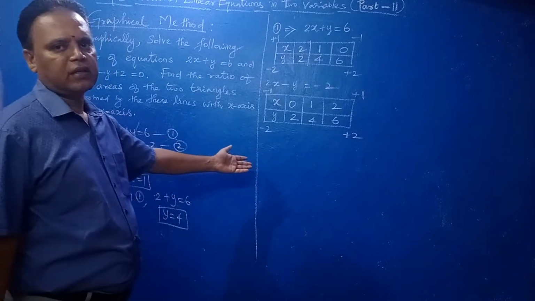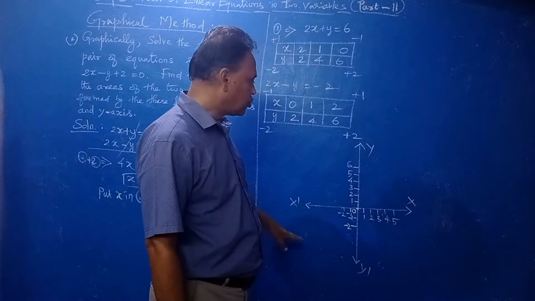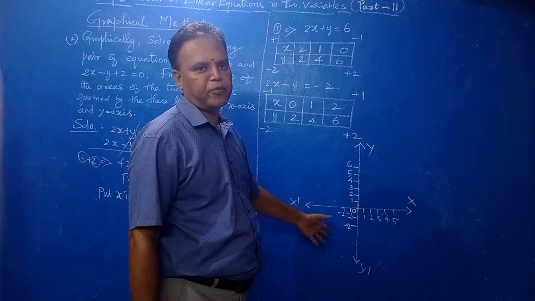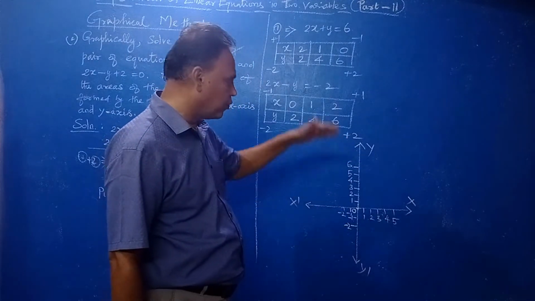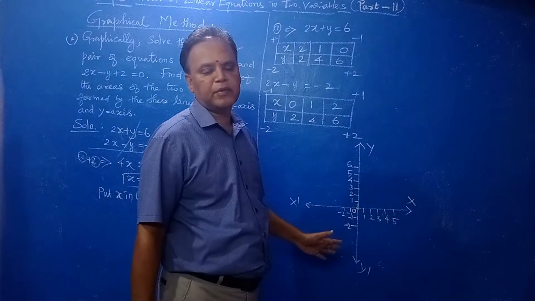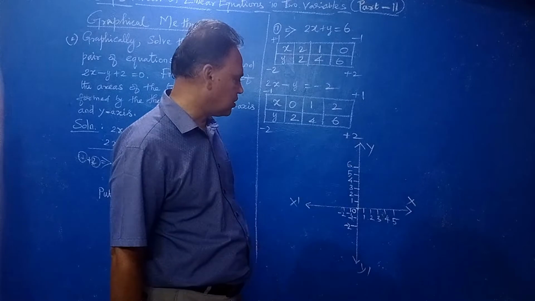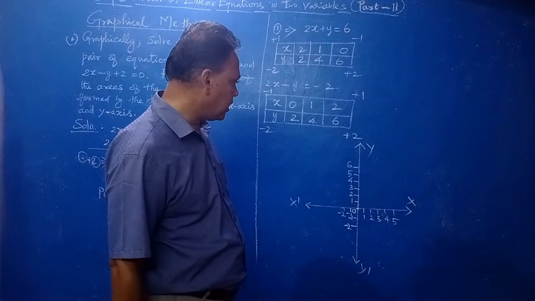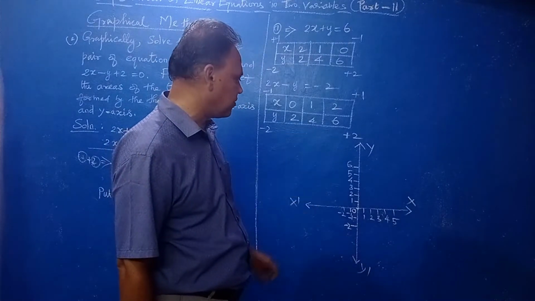You draw the graph. Clear? So better you take the graph sheet. You do the graph sheet. Clear? I am doing approximately. Understand? But you can do perfectly, right, by using graph sheet. Here in this board we cannot use graph sheet. Clear? That's why I am doing roughly. I am 99% sure I will do correctly. Okay.